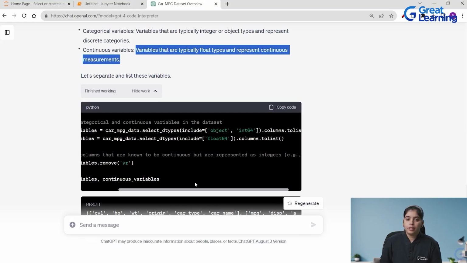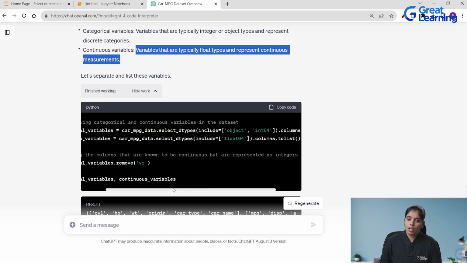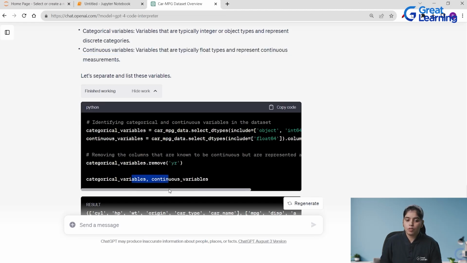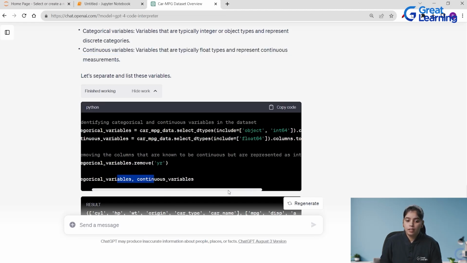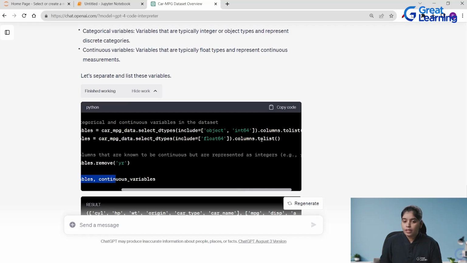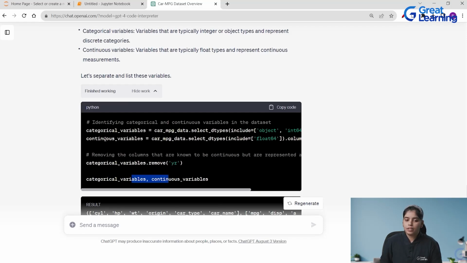If the variables are of float data type, then store those column names in the form of a list, because here you can see that we are giving the code to list. So basically the columns will convert to a list,